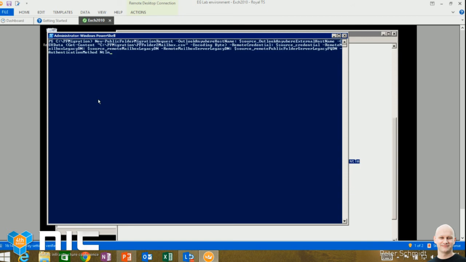So we call a PowerShell script called New-PublicFolderMigrationRequest. That's a PowerShell commandlet that's part of Exchange 2010 or 2013 or Exchange Online. And then we set the parameters needed by Exchange Online. For on-prem, it's a lot easier because you don't need that many parameters here. You just need to set parameters back to which public folder database your legacy public folders are located on. But for now, we need to state